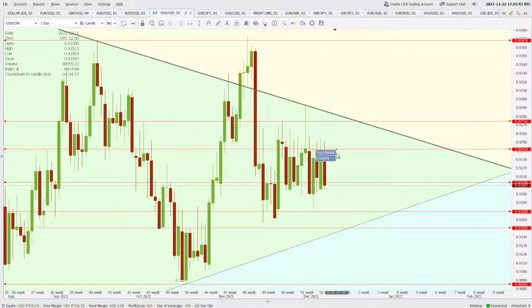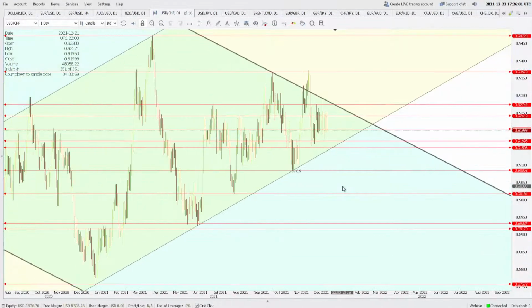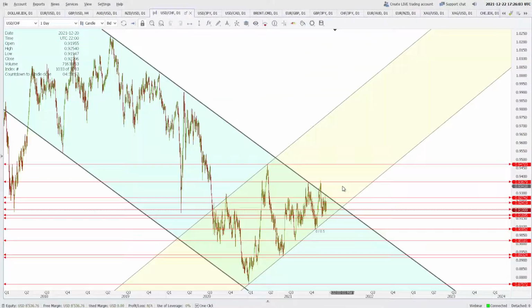USDCHF is trading between the range of 0.9203 to 0.9241. This is a 40 to 50 pips range that the price is trading, but any closing I think below 0.9203 should open the way to 0.9169. Let us see how things unfold in the future. There are still 5 hours to end this day, but in the long run, actually I am bearish on the